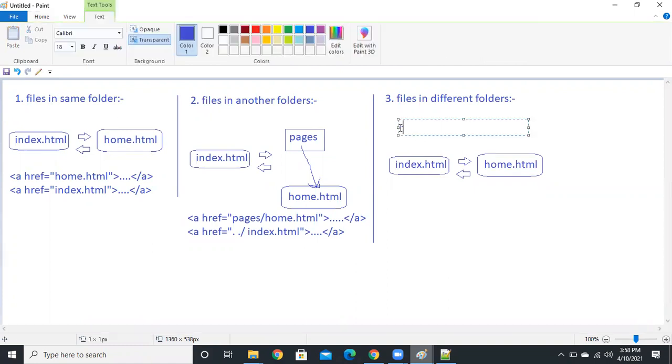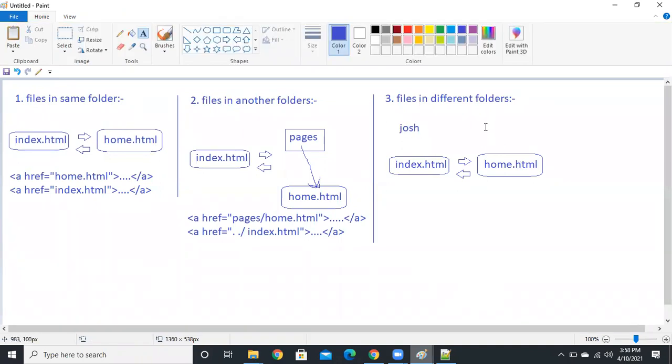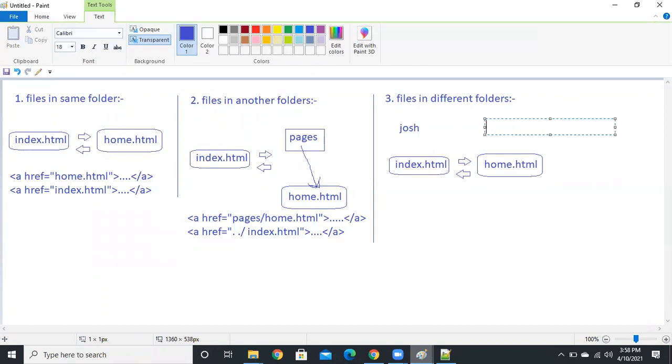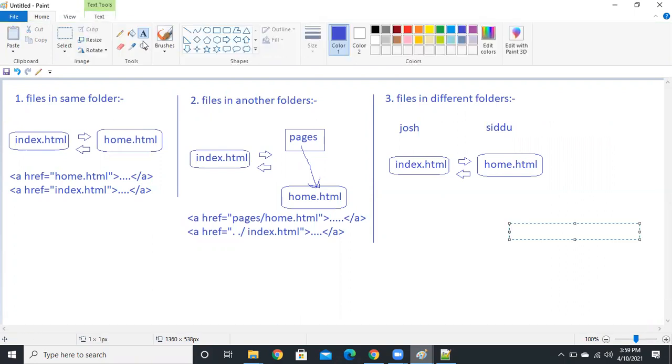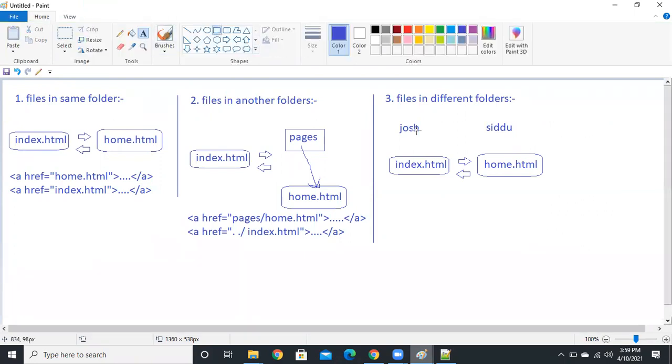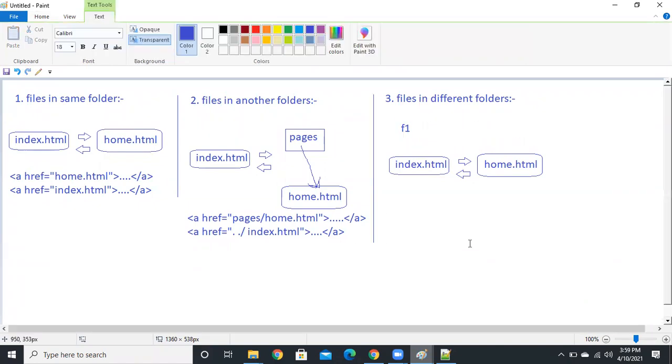The first one is folder one only. Okay, so I have folders here. I have two folders, F1 and F2. Fine. This is folder one.